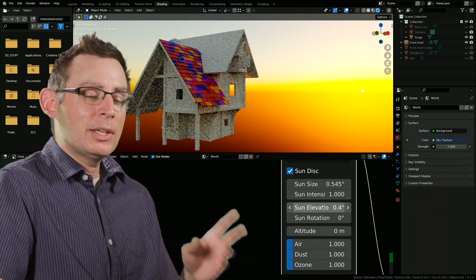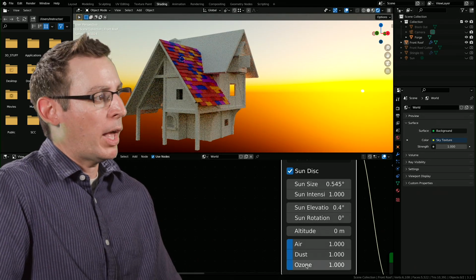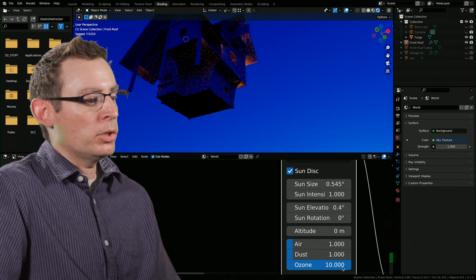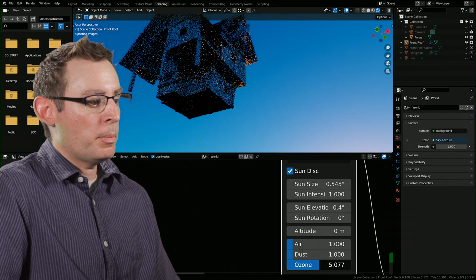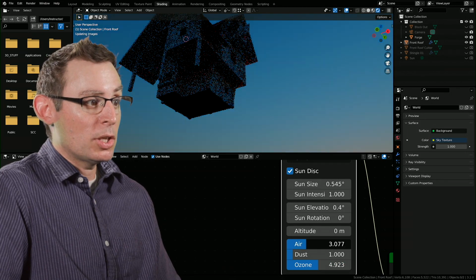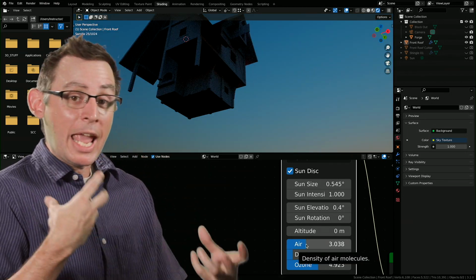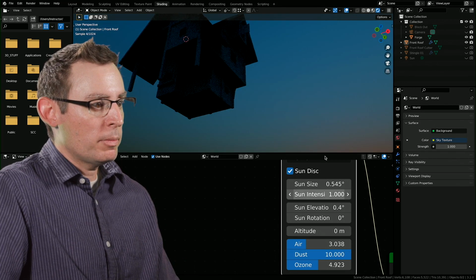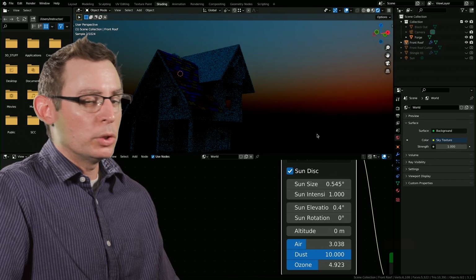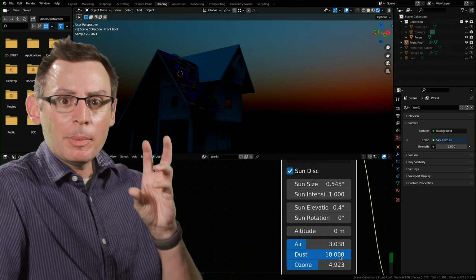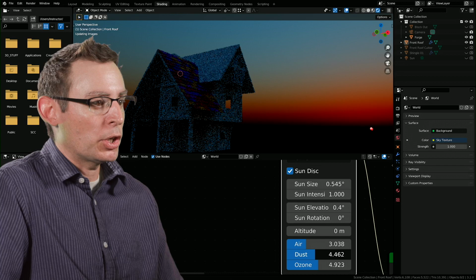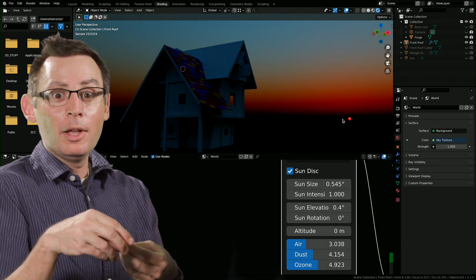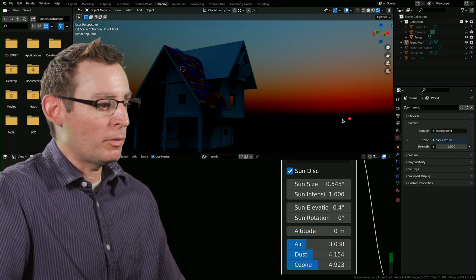Now, if we combine the sun elevation with the ozone values, like maybe we want to have a nice big blue sky, well, increasing the ozone is going to adjust the color of all that up there, as is the dust, which is going to simulate the amount of dust in the air inside the environment. So we can change this as much as we want and get a really good, now it's really smoggy out. The environment is filled with dust and dirt. Yeah, look at the sun now. It looks red, as if it's coming up through the natural smog and pollution of our backgrounds.